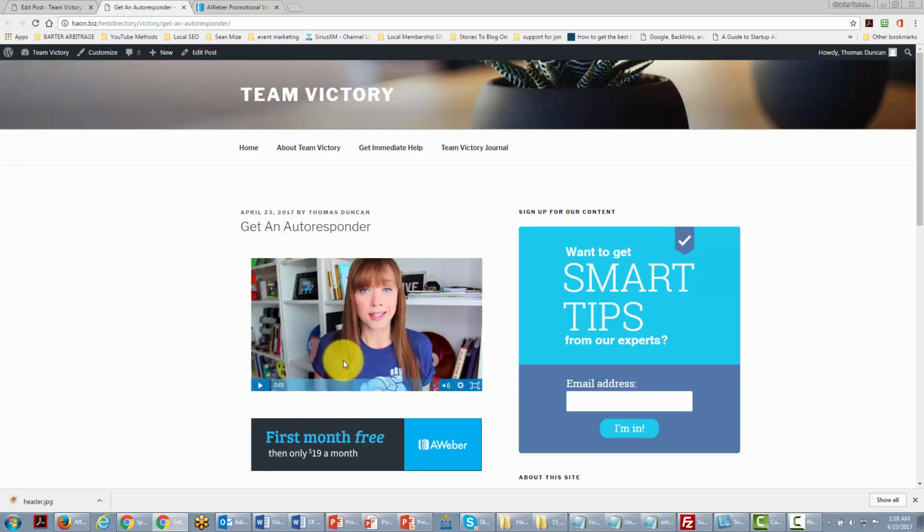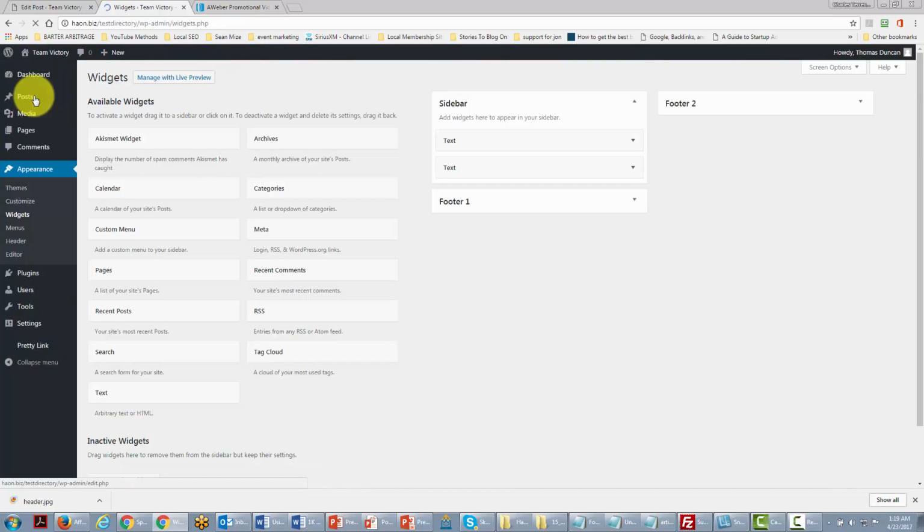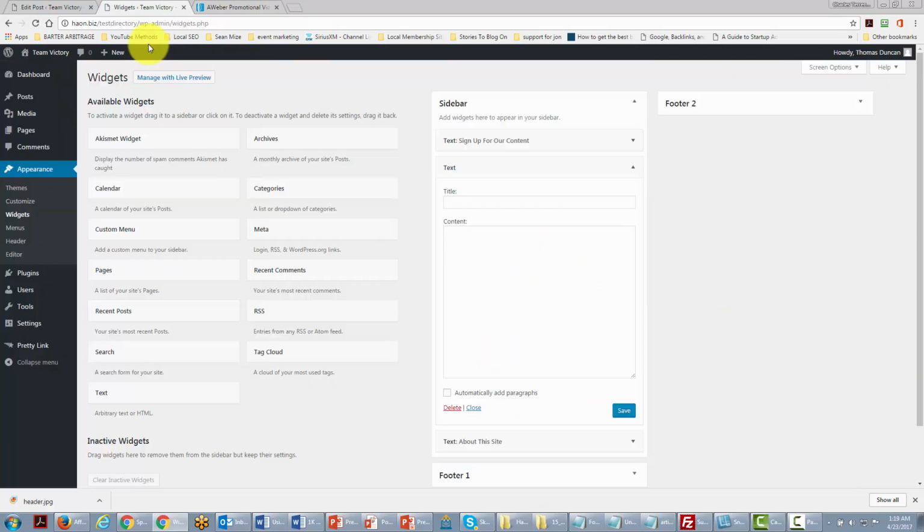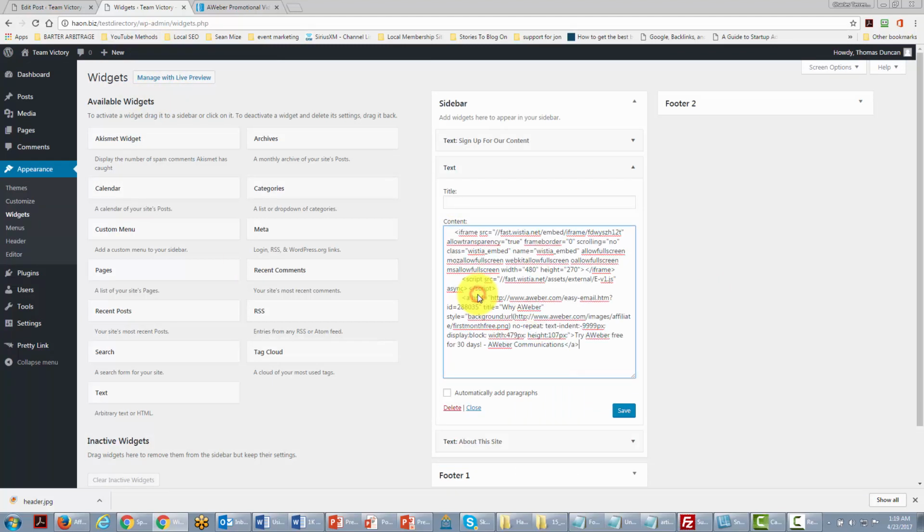Now, one of the other things that we can do is we can do the very same thing that we did with our autoresponder code, is we can put code in our widgets so that it will appear on all of our pages. So in order to do that, all we need to do is to go back to this area and find our widgets. And then we can actually take another text box, and all we've got to do is put our code in this area again. We'll click Save, Close,